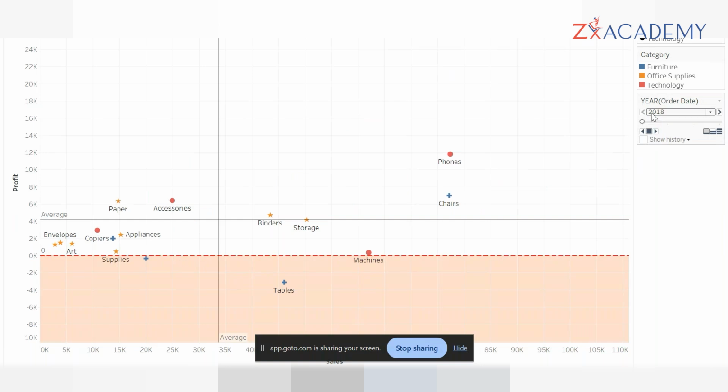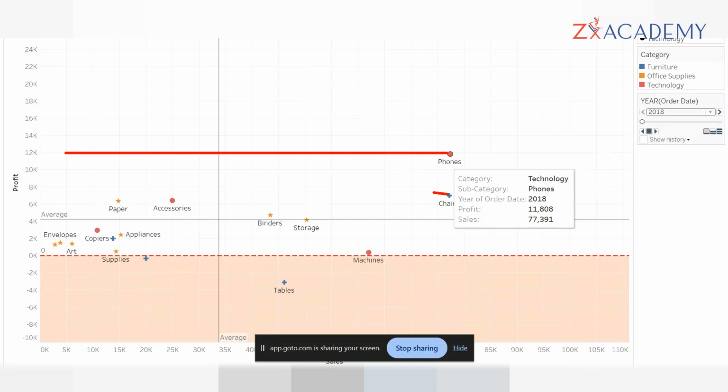What we are able to understand from here is, in 2018 the phones and chairs have done very good sales. They're the top leaders in the sales, and also the top leaders in the profit. Phones have done the highest sales and given me the highest profit, and there is no competitor. The chairs have done high sales, almost as much as the phones,